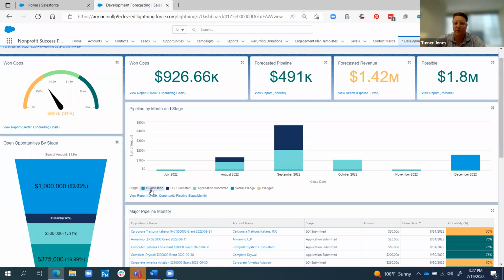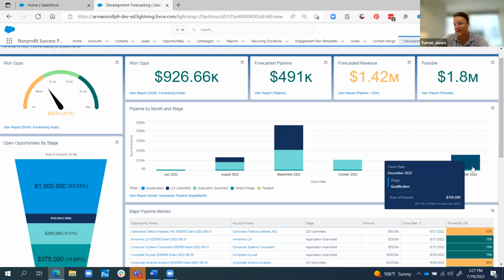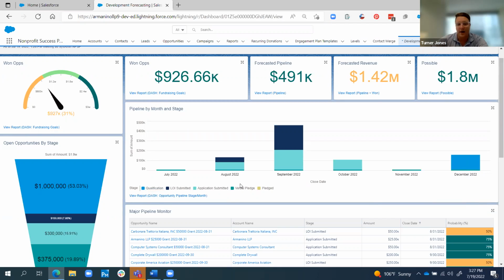This tells you how far along you are in the grant process, like how likely an opportunity is to be won, right? So something in qualification in December, maybe that makes sense because that's further out, but you would expect everything closer in to be either in application submitted, or you've gotten a verbal pledge, or it's a hard pledge.